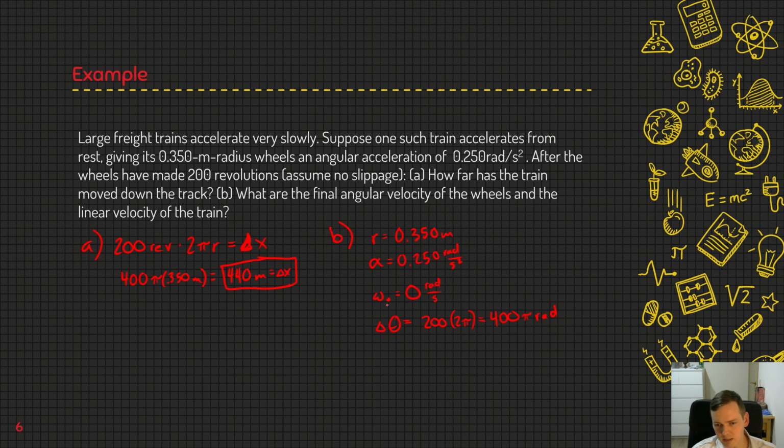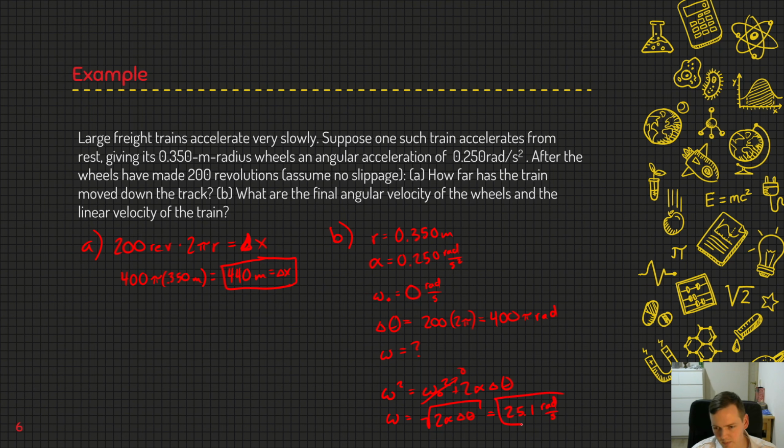But now we have a delta theta, we have an alpha, an omega naught, and we're looking for an omega final. Well, we want to use omega squared is equal to omega naught squared plus 2 alpha delta theta. So in other words, omega is equal to, we know that initial omega is 0, square root of 2 alpha delta theta. And if you plug those values in, you'll end up finding that you get a speed of 25.1